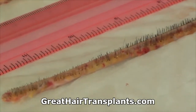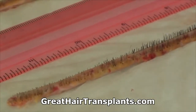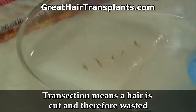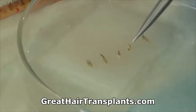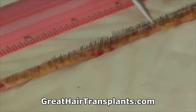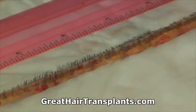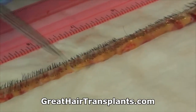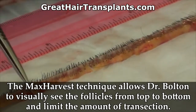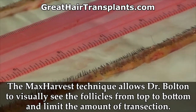Trying to get that good graft. Now, as you might recall, our grafts came out transected, where we cut those hairs. Well, you can see how this graft came out, cut, cut, cut. Now you can see how it comes out when we take it out in a strip. It's a much cleaner strip. All the follicles are much more intact because I have much more control. I can see what I'm doing as I'm taking it out,